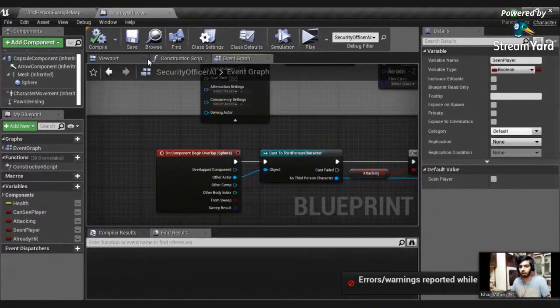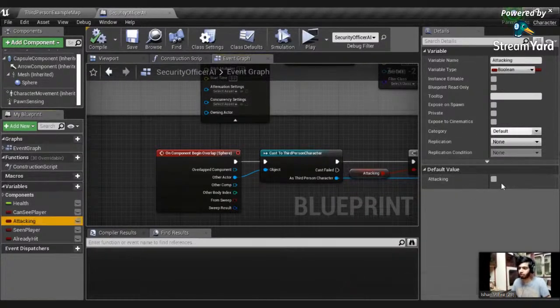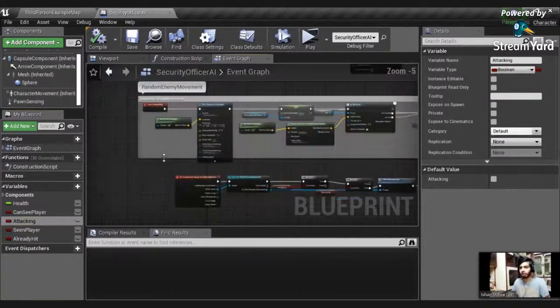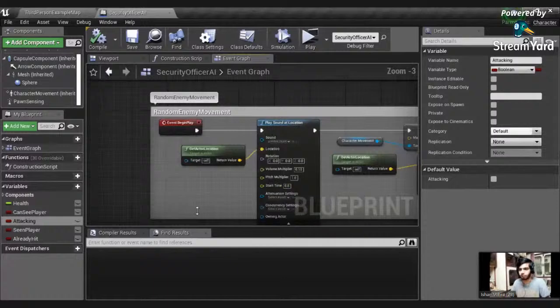now let's create a variable that is called attacking, and I'm going to set it to true. Set it to boolean, and the default value is false. So when our player and enemy are in a certain range, like close to each other, the enemy will attack our player. How do I do that? First of all, create a boolean here. Now